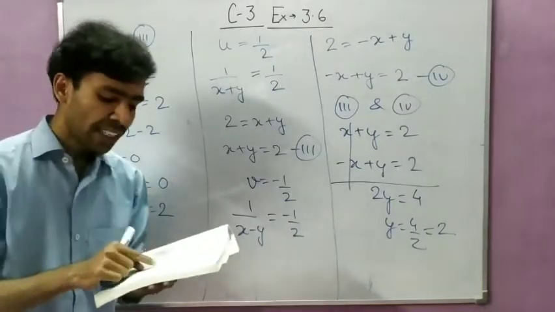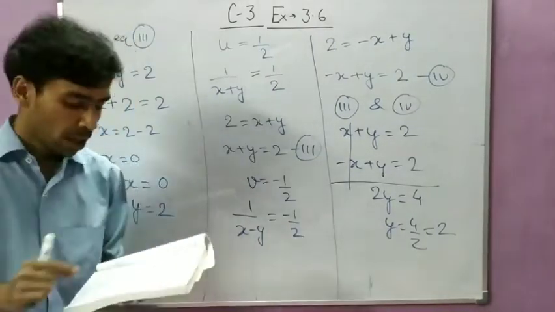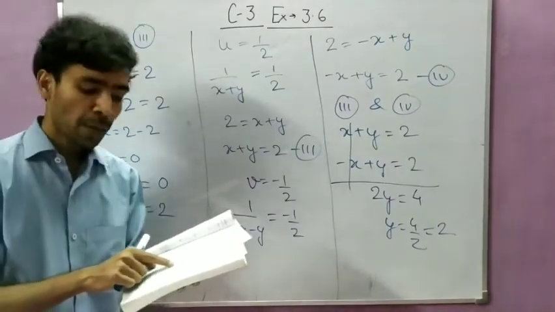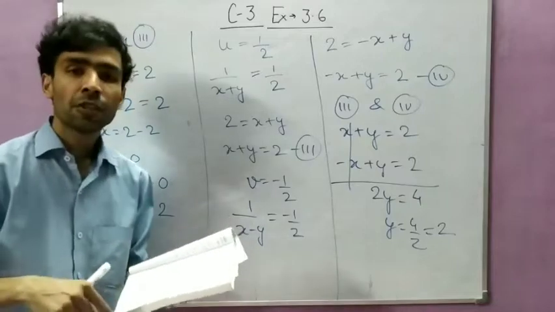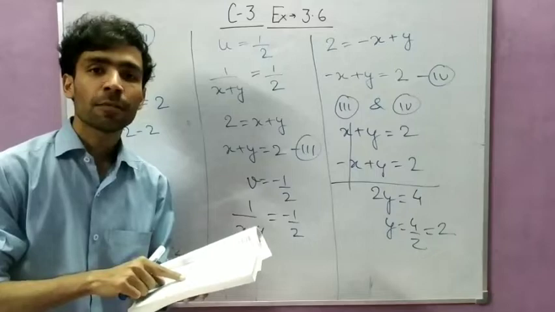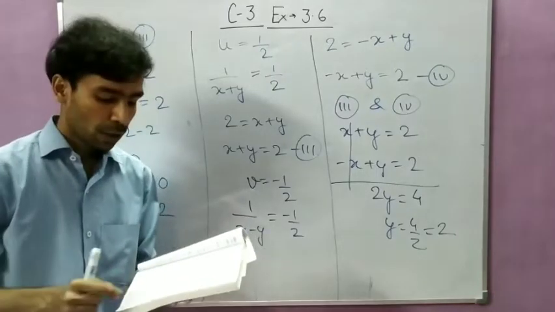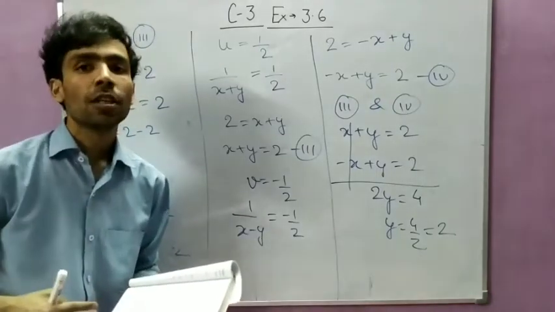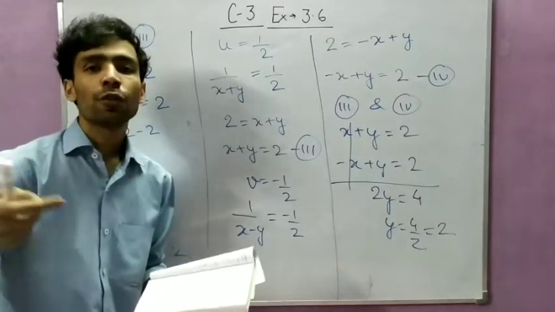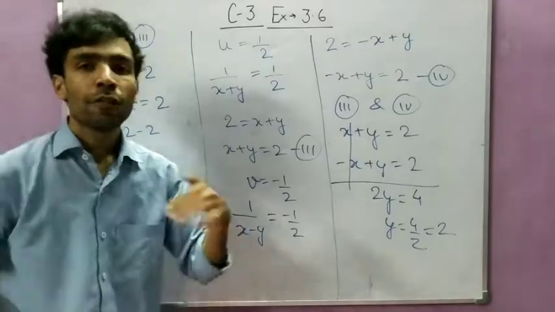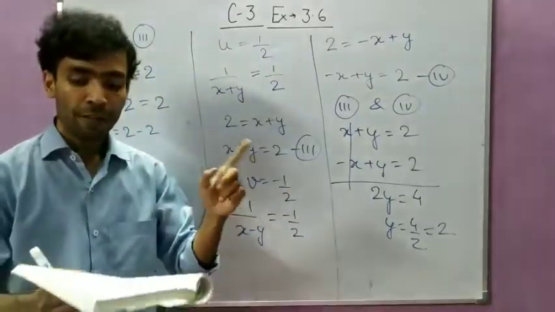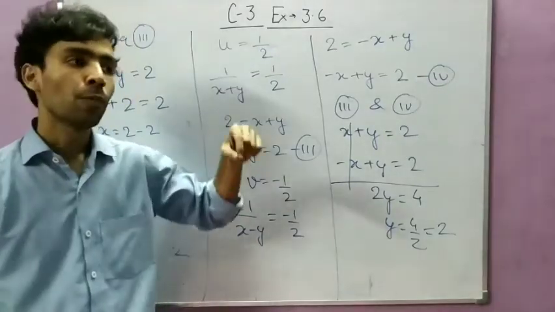Now question number 8 is also the same student. In question number 8, what will you do? See, again the variable is in the denominator, so you can assume 1 by 3x plus y equal to u and 1 by 3x minus y equal to v. So you will get 2 equations. You will solve first for u and v. Then after solving, you will get the value of u and the value of v. Now because you have assumed u in place of 1 upon 3x plus y, you will put that value.